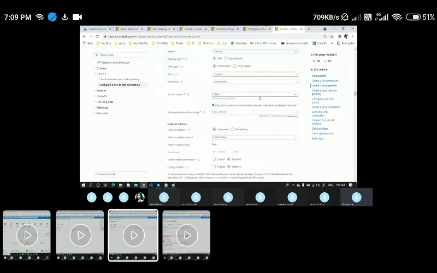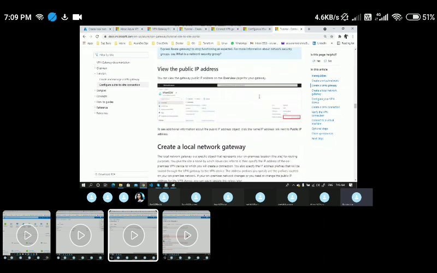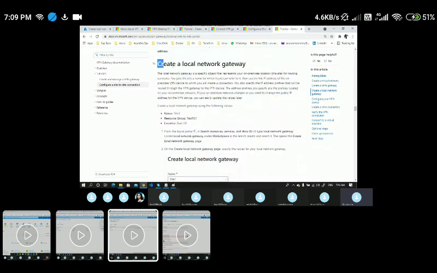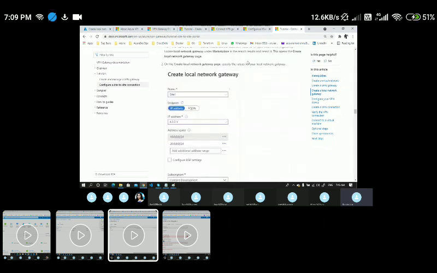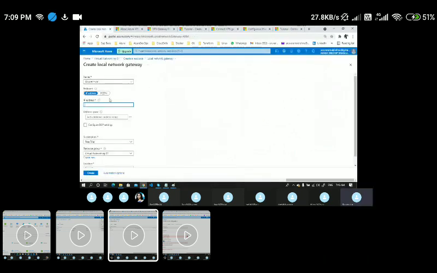I'm on this site-to-site configuration page, and here you could see create a local network gateway. Let's come back down here. They have given a certain IP here, like 4.3.2.1. I'll come back here and enter 4.3.2.1.